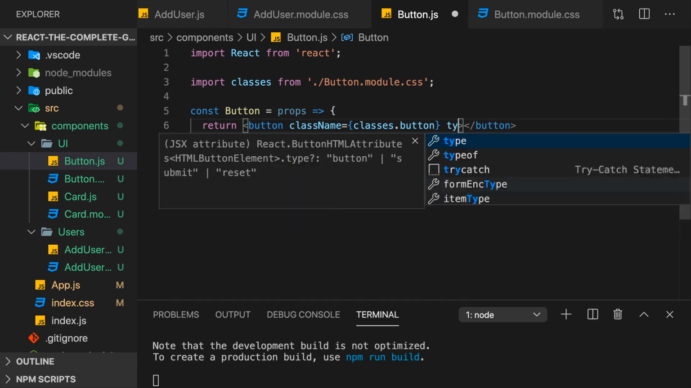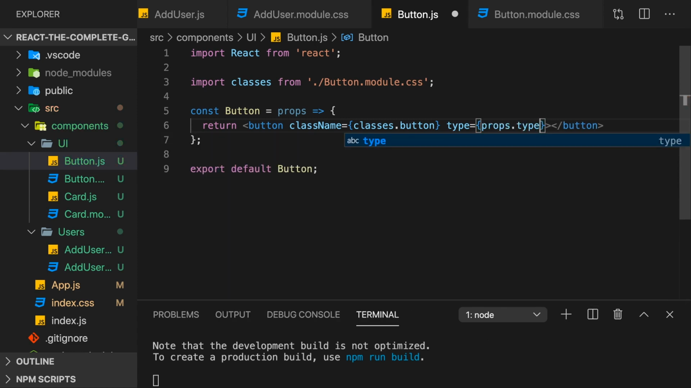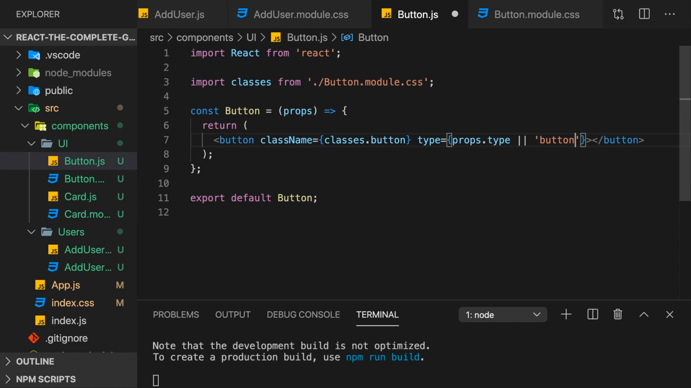I also want to make sure that the type of the button can be set, and I want to make sure it can be set from outside, so from the place where we use our custom button component. Therefore, the value assigned to the type prop on the built-in button component will be dynamic, and I will simply access props.type here, but also provide a fallback in case that should not be set with the OR operator. The alternative is button. So if props.type is undefined, this button value will be used as a fallback type